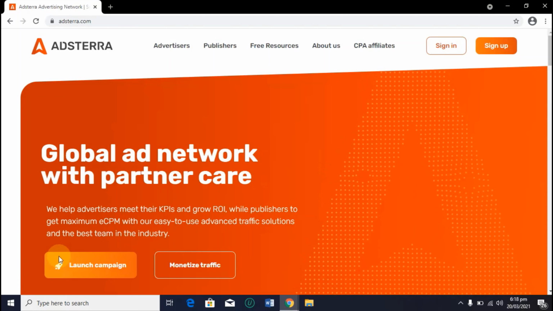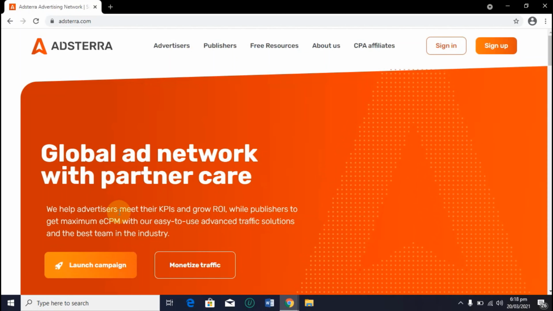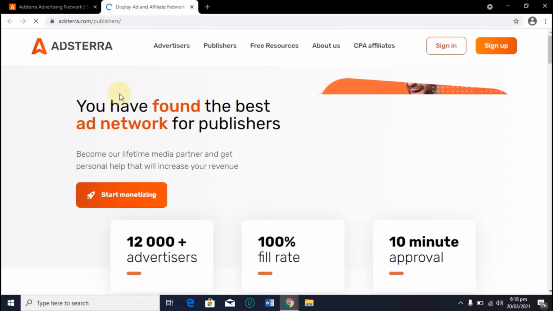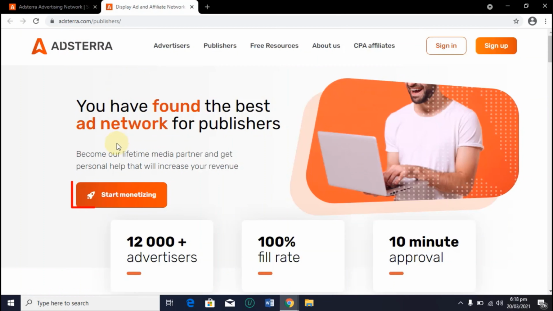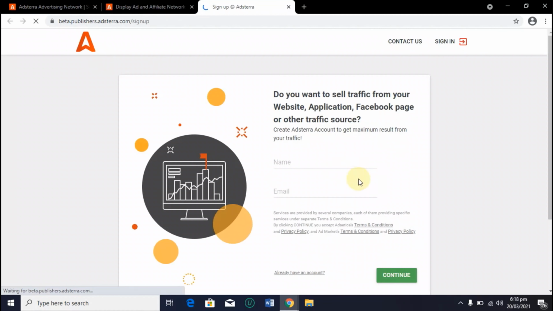Do not click on launch campaign unless you have something you want to advertise to the world, what you want people to see. If you want to advertise your website or your store, you click on launch campaign. But we want to make money from this, so we click on monetize traffic. You use the traffic on your website to gain money. The more people come to your website, the more they click on your ads, and the more you earn money. Start monetizing. So all you need to do is to sign up on this website with your name,